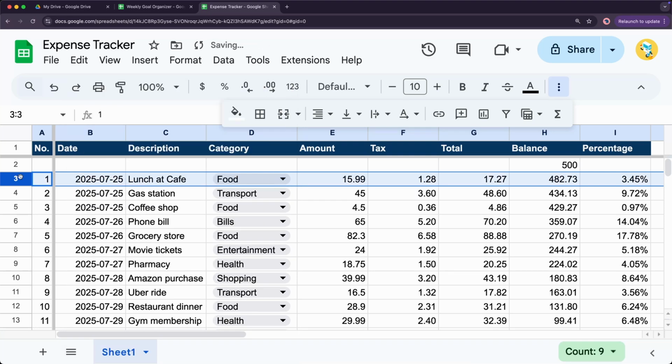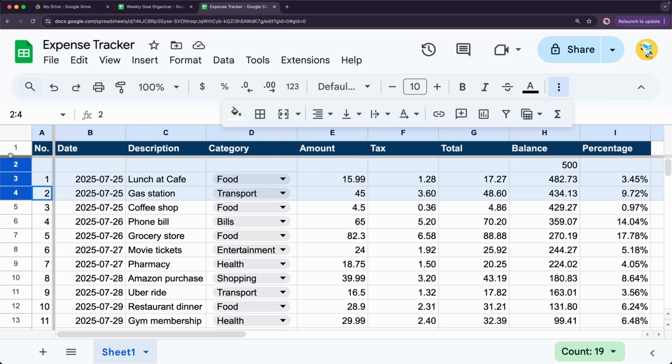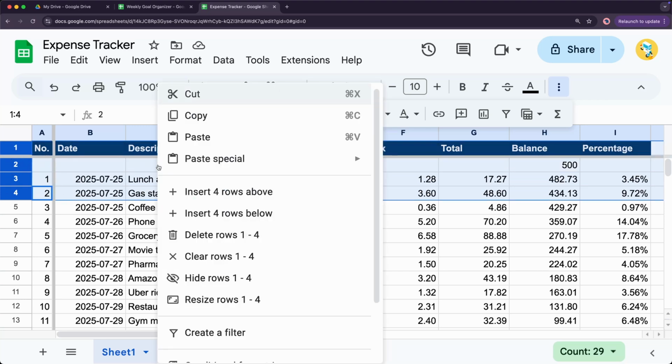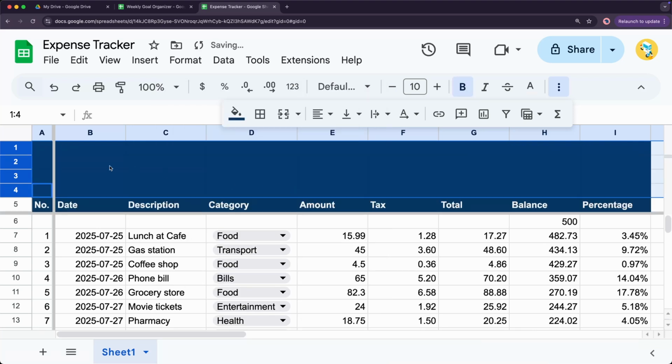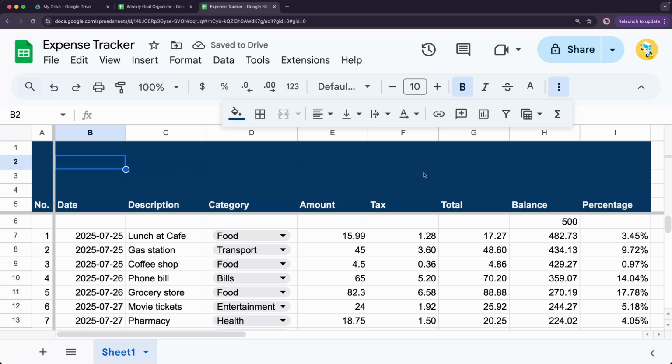What if we want to insert multiple rows? This time, let's say I want to insert 4 rows in one go. To do that, I will select 4 rows like this, then right-click anywhere on the selected range and choose Insert 4 rows above. Easy peasy. Now I have a space at the top of our dashboard, but it has this blue background, and